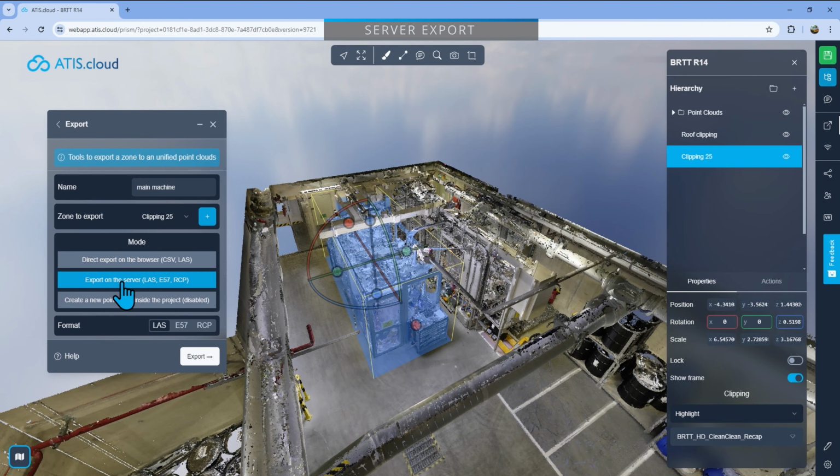The second type is via the server. So here it will be the server that is going to be making the export. The huge difference between these two is that with the browser export, you can decide to stop the export at any time. In the server export, the difference is it will take every single point inside the box, then create